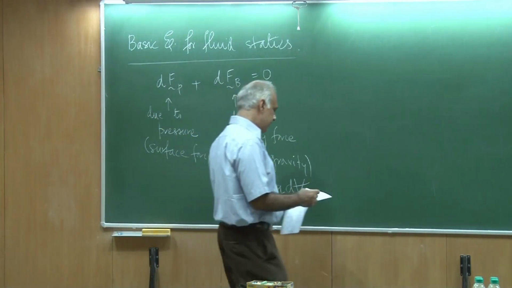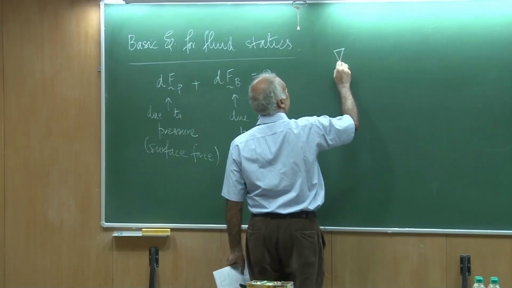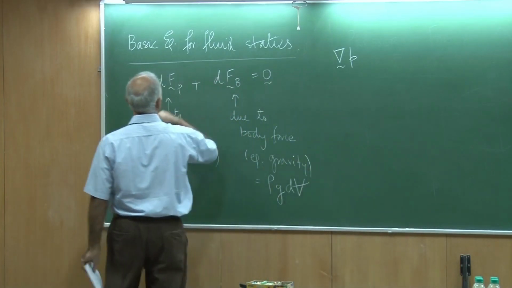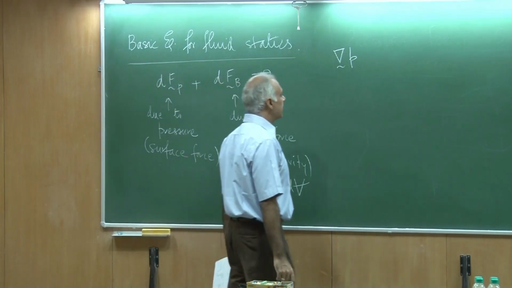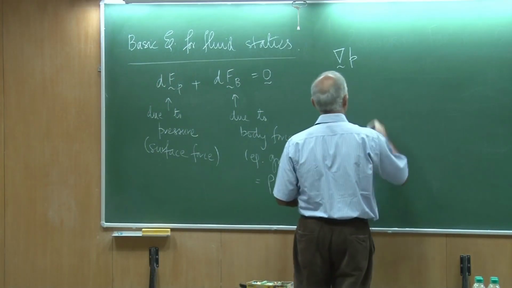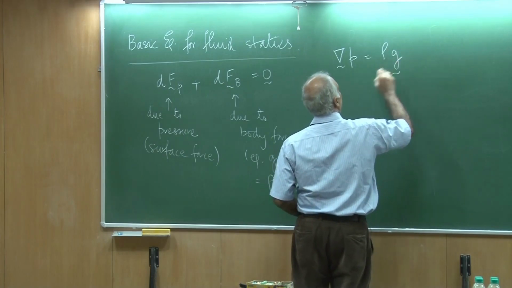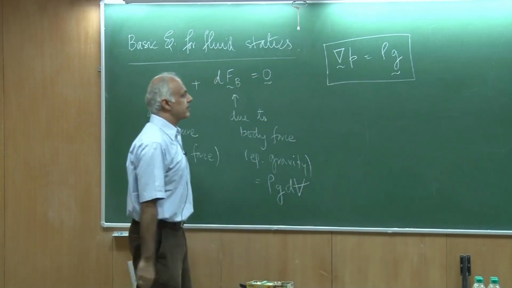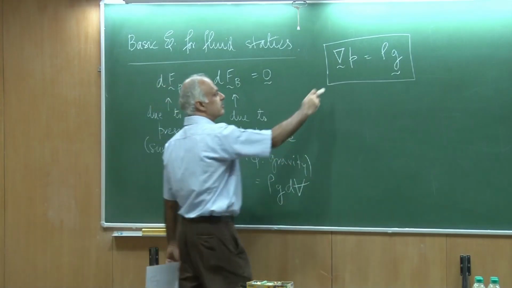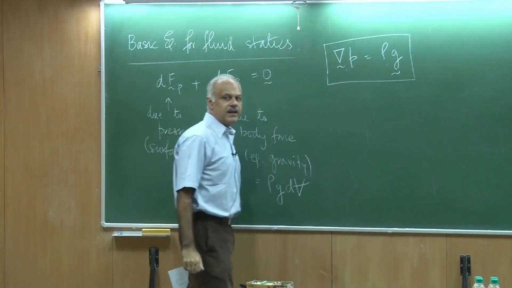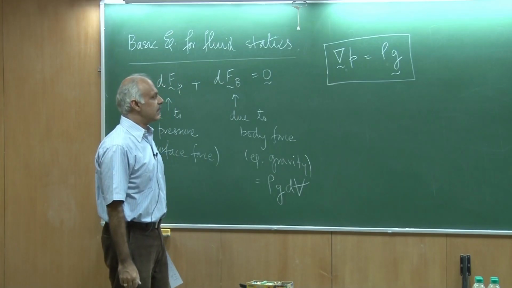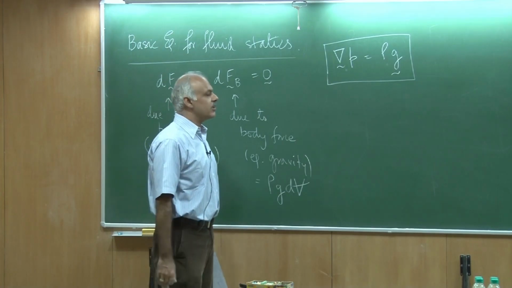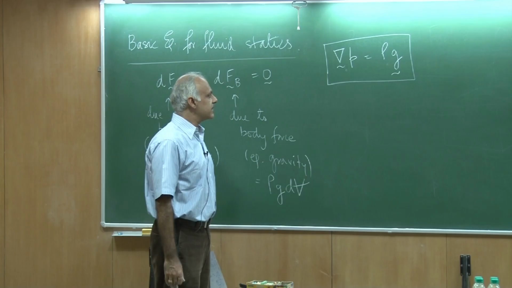So I could now write down this equation as gradient of P, which, as I had shown you, is the force because of the pressure, and this equals rho g. This is the equation. Okay. So the force because of the pressure gradient has to be balanced by the force due to acceleration due to gravity. So this is the basic equation of fluid statics, which of course you are all familiar with. You have actually read this in your high school physics.